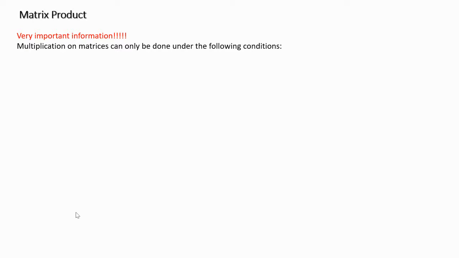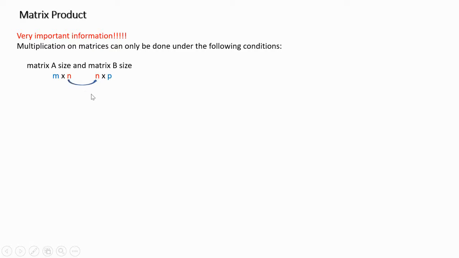Now, very important information here. Multiplication of matrices can only be done under the following conditions. I was going to copy the definition of the multiplication, but to me that was too confusing for the students. So in other words, I'm going to put it in my own words. Say you have matrix A size and matrix B size. Say this is matrix A and matrix B. In order for you to actually do the operation, the inner